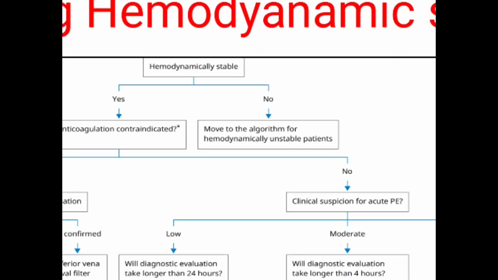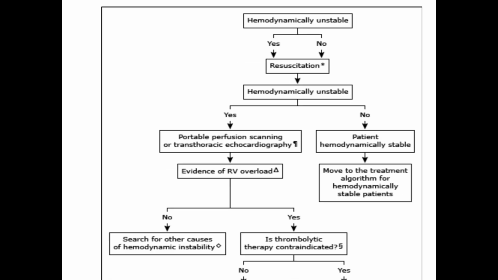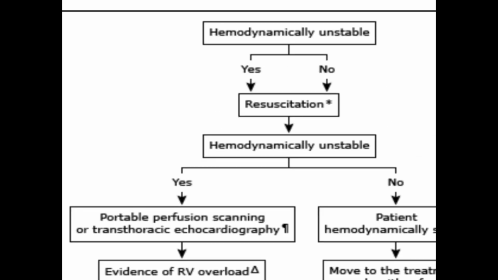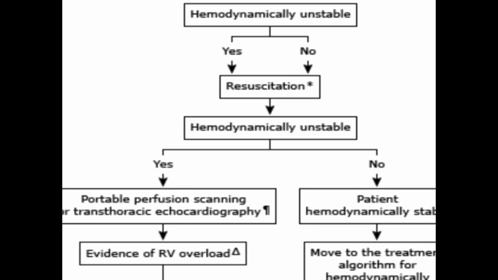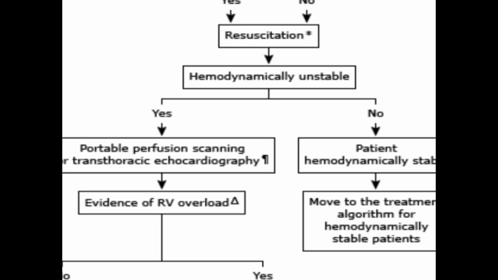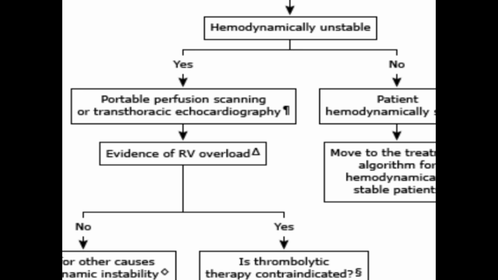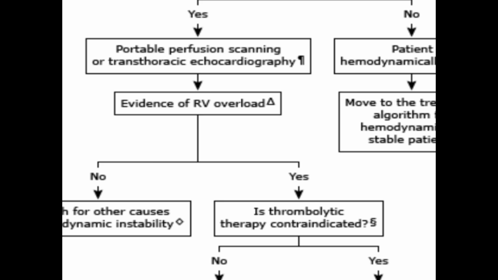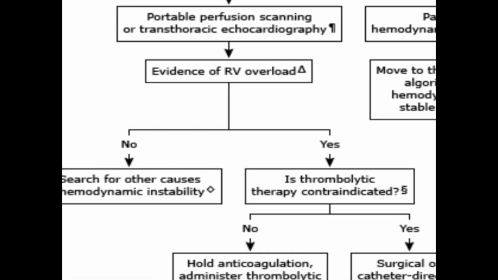If the patient is not hemodynamically stable, then we will follow this algorithm. If the patient is hemodynamically unstable, we will do resuscitation. While doing resuscitation, we will reassess. If still he is hemodynamically unstable, then portable perfusion scanning or transthoracic echocardiography can be done. If transthoracic echocardiography shows evidence of RV overload,